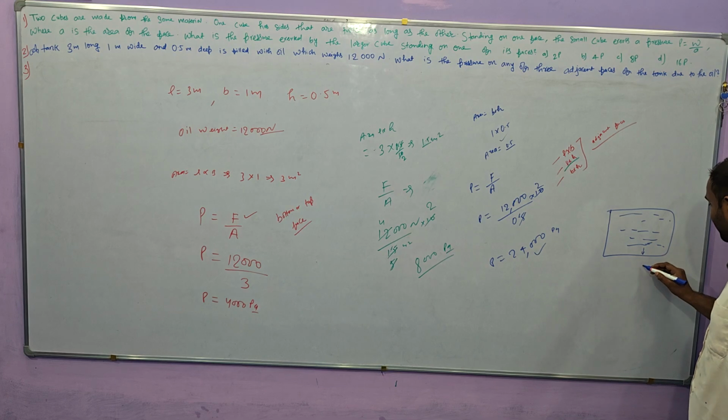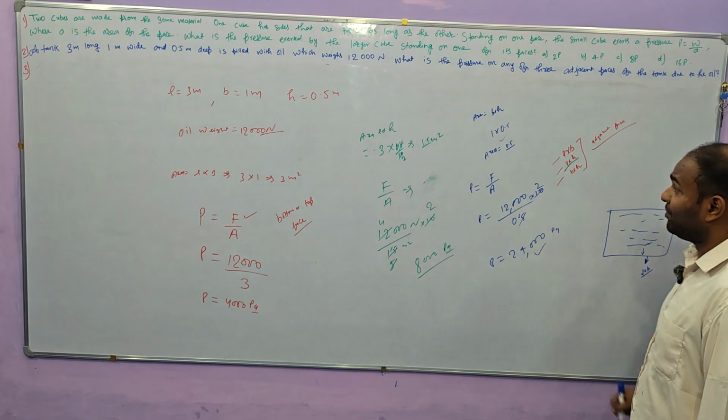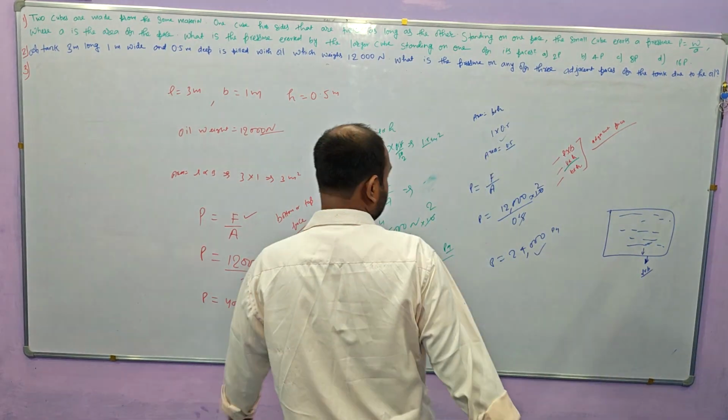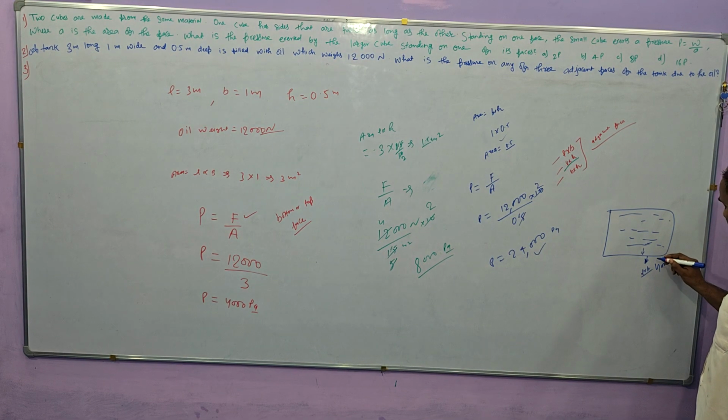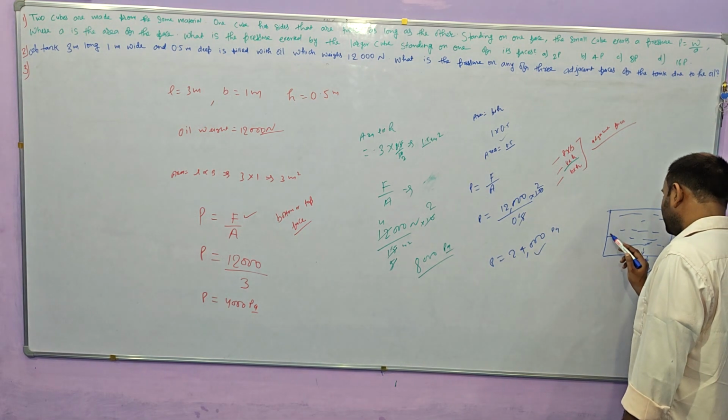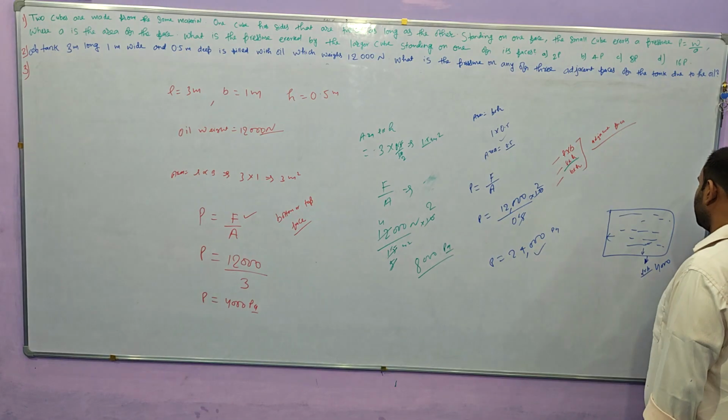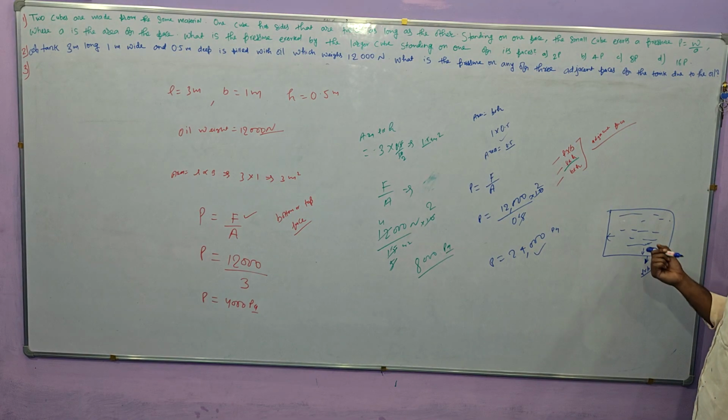Suppose when we talk about this area, face L into B, then there is a pressure of 4,000. There is a pressure of 4,000 due to liquid. But when we talk about the front pressure outside,